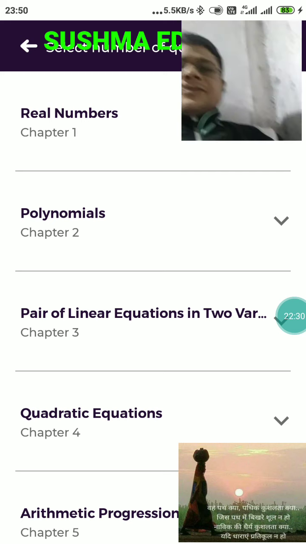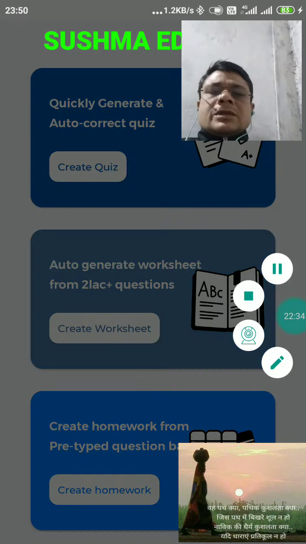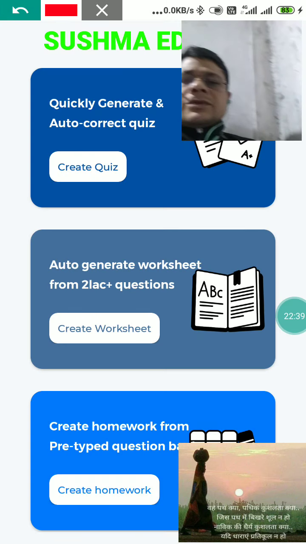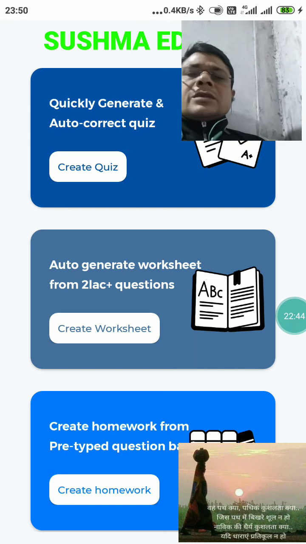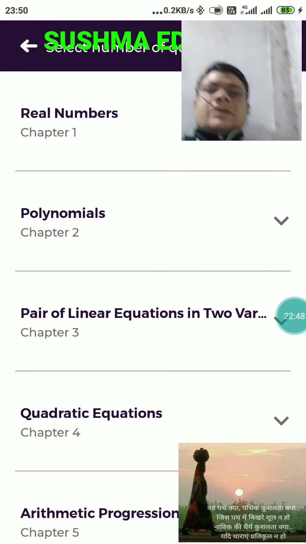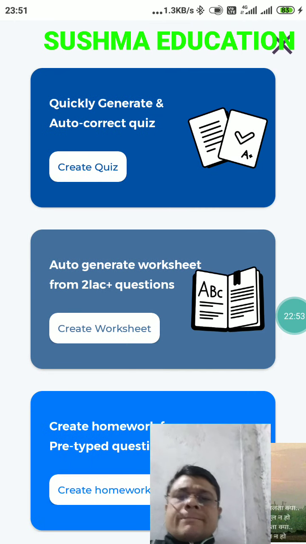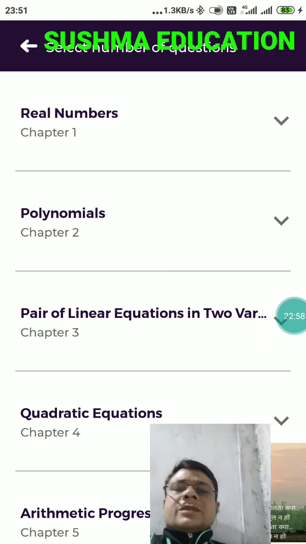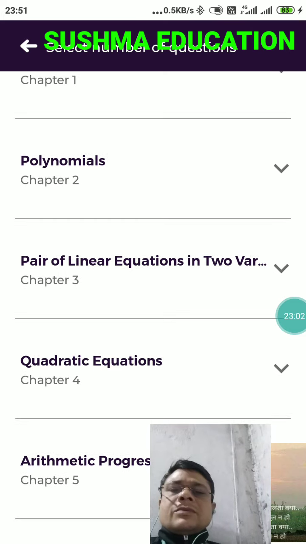Clicking on the create quiz option. Here you see this is create quiz. So I am clicking on this icon, create quiz. Now look, so creating quiz. Okay, here you can see these are the chapters of class 10th: real number, polynomial, pair of linear equation,